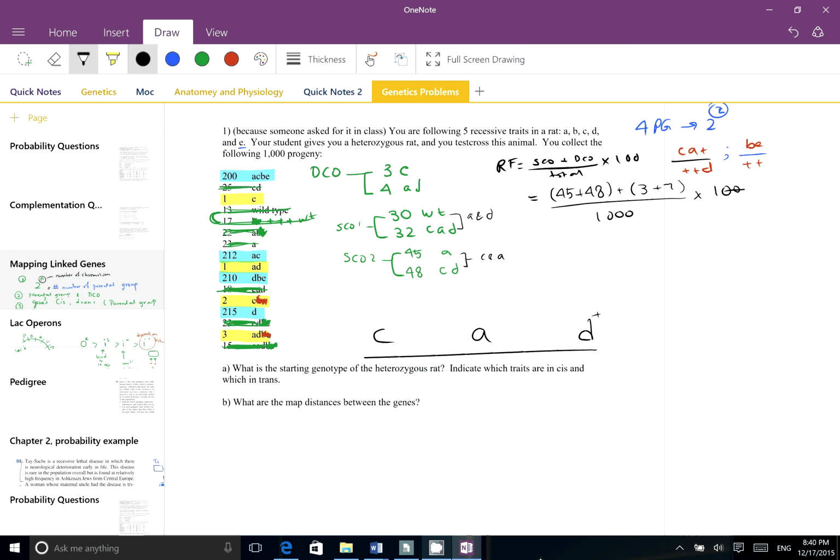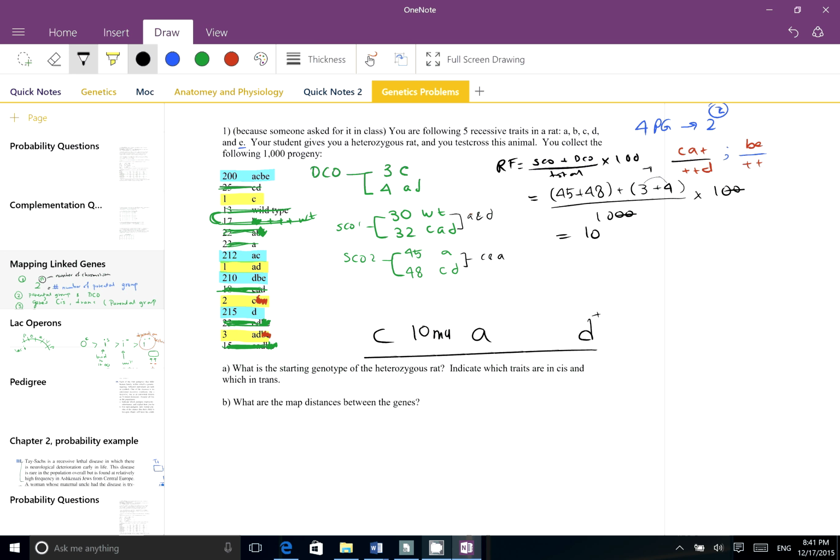Okay, did I make a mistake by any chance? I hope that I didn't. Oh, yes, I did make a mistake. It's plus 4. So this will give me 93 over 1,000 times 100. So this will give me 10. Okay, so this is 10